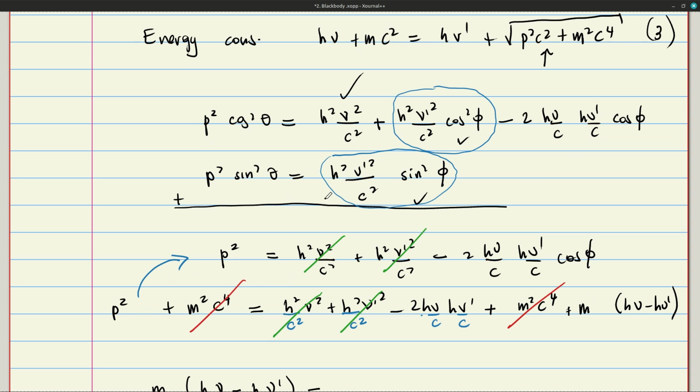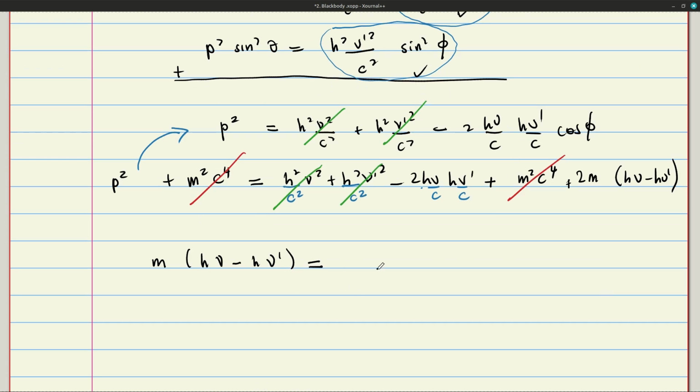I am taking the square of this, and the square of this is p squared c squared plus m squared c to the 4, and the square of the other side is h squared nu squared plus h squared nu prime squared minus 2 h nu h nu prime, plus, I think there must be 2 m c squared h nu minus h nu prime, and also the square of this, which canceled. And since we divided the entire thing by c, this one will go, so there will actually be a factor of 2 here. So this one is 2m h nu minus h nu prime, and on the other side I'm going